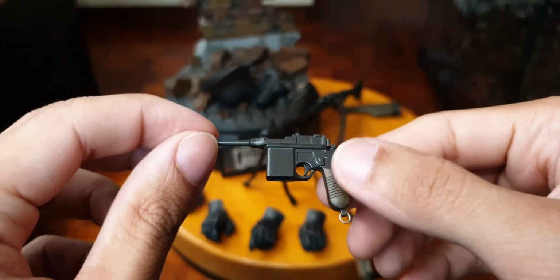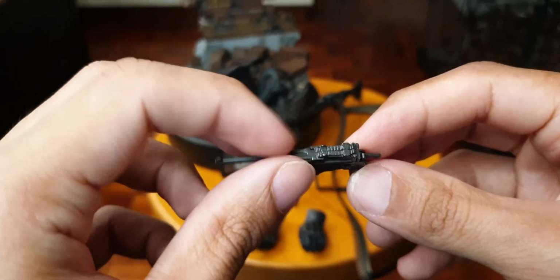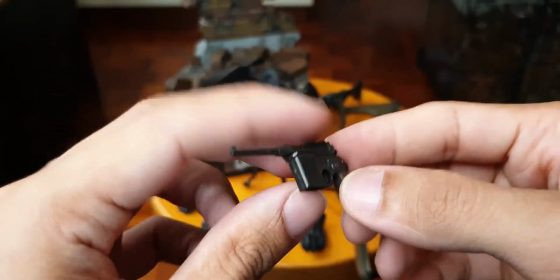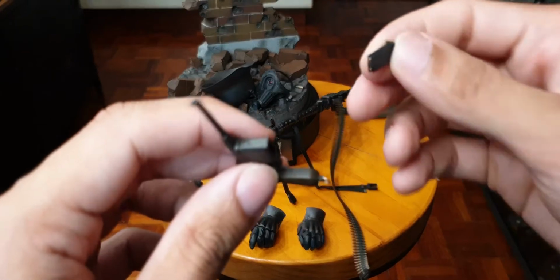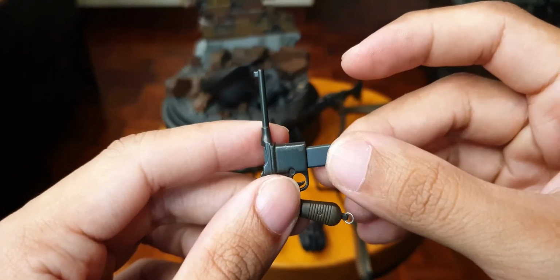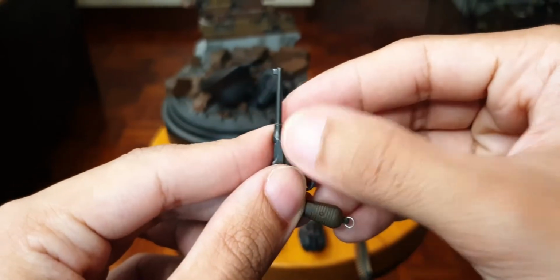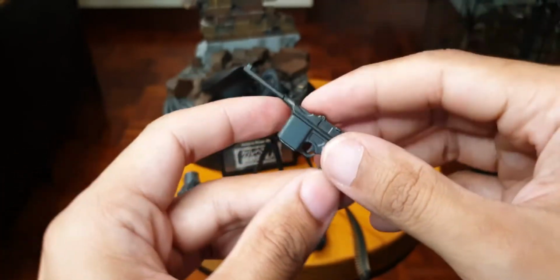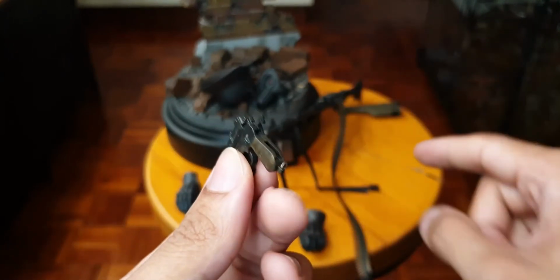It's a pretty old figure, so unfortunately, I didn't display him properly. I'm kind of guilty on that. So he's got some dust on him. It does come with a clip that clips into, let's see, this way. There we go. That's the Luger handgun, and he has a slot here that slots into this